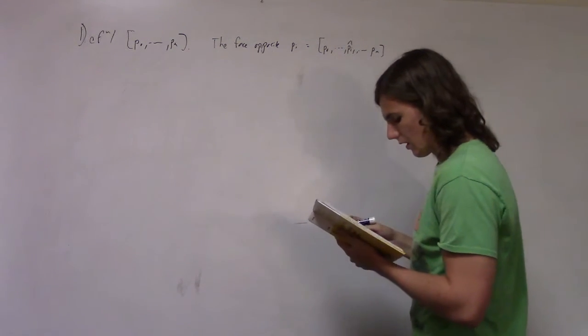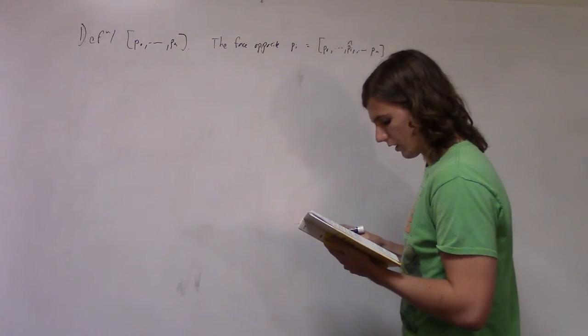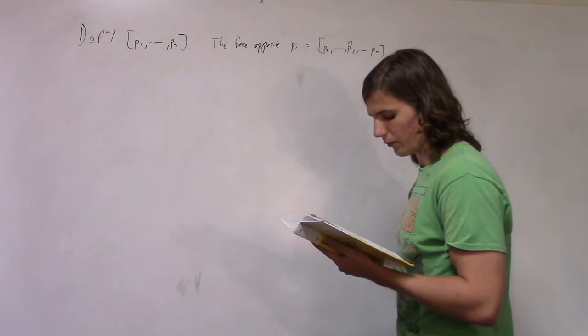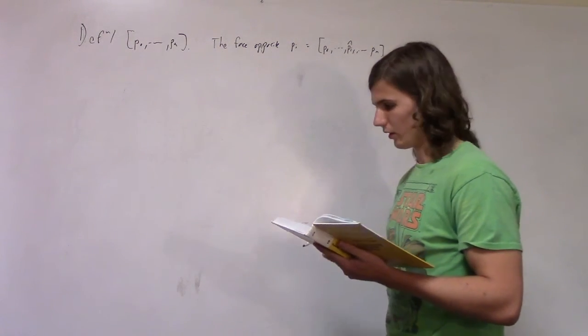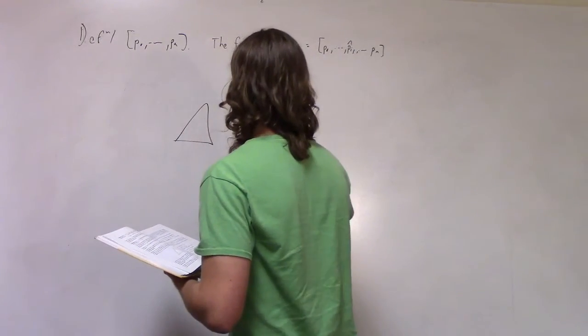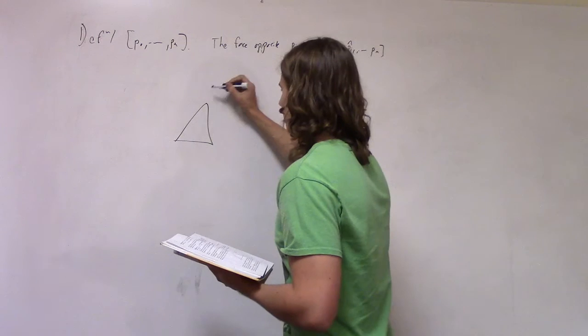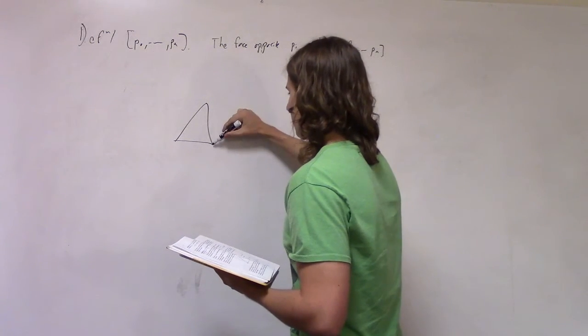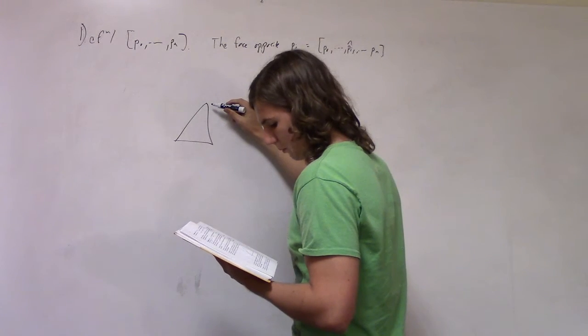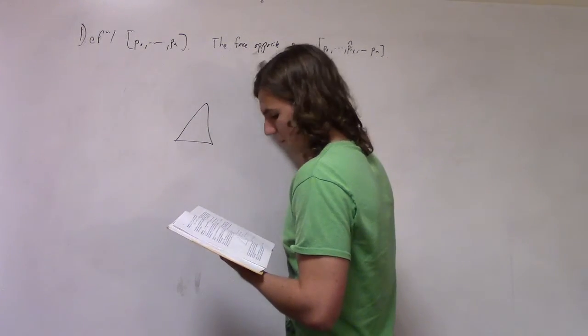I'll write that down. Okay, and you can also talk about k faces of an M simplex. So, for example, if you had a triangle, a 0 face would just be a point. A 1 face would be one of the edges. And, well, it's already a 2 simplex, so the 2 face would be the whole thing.